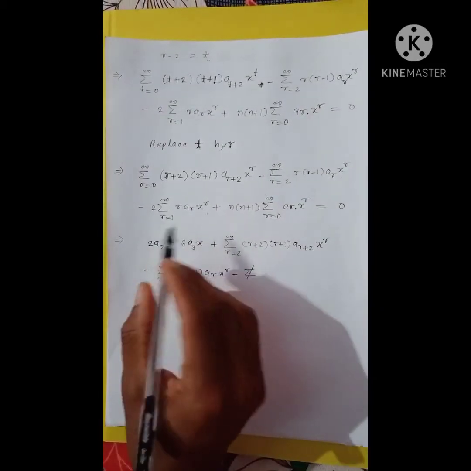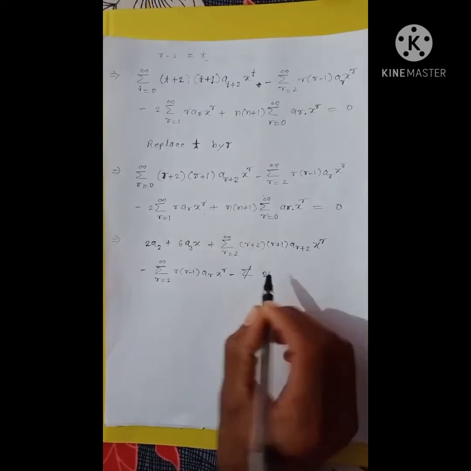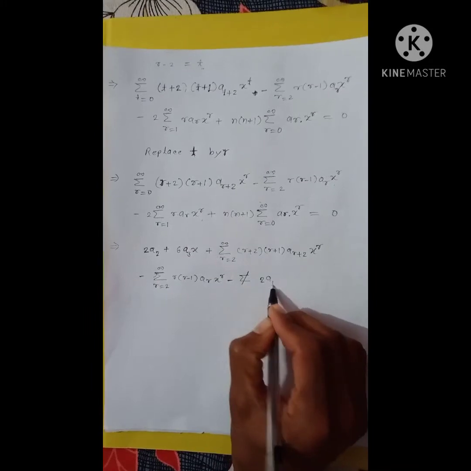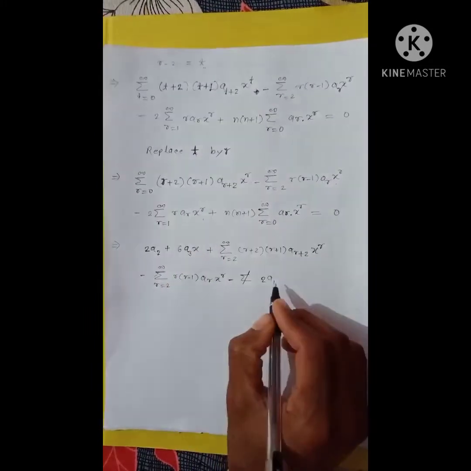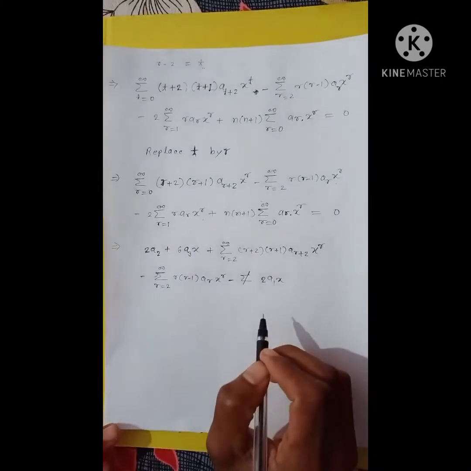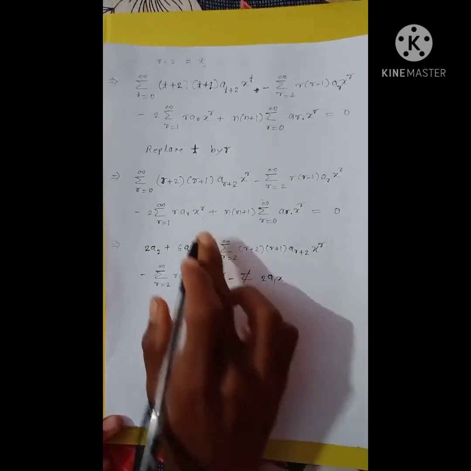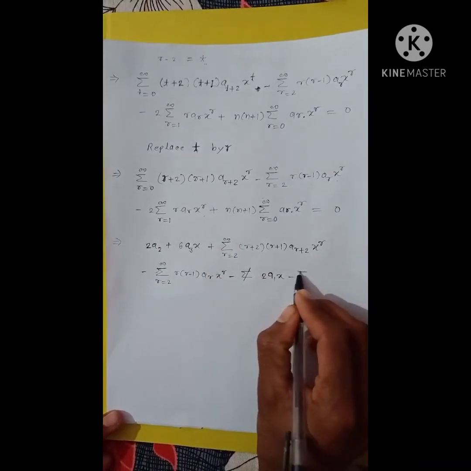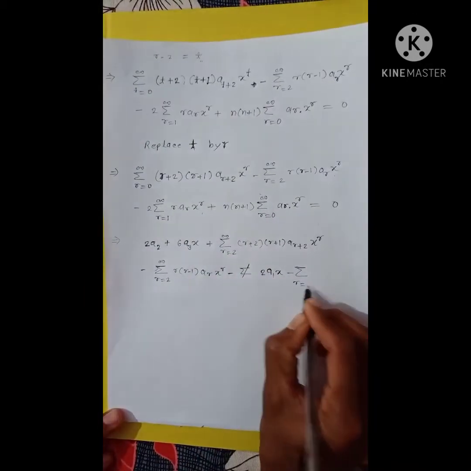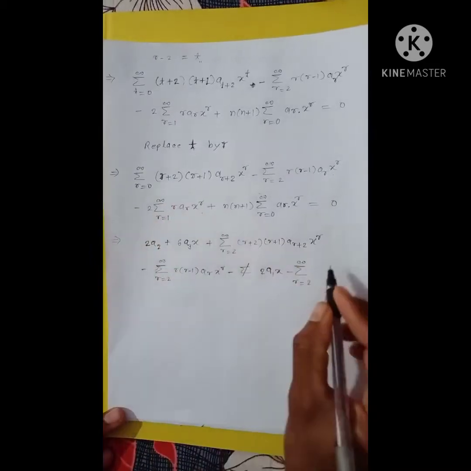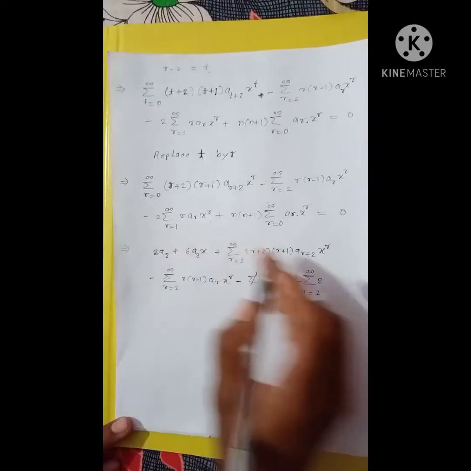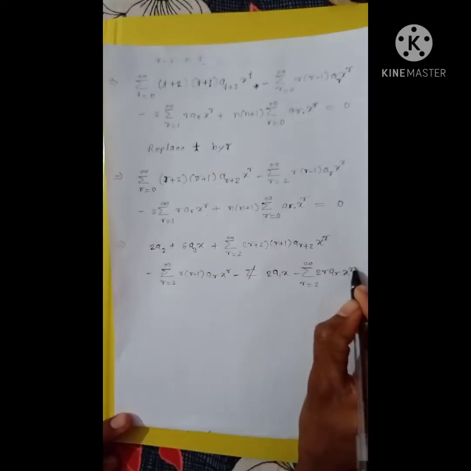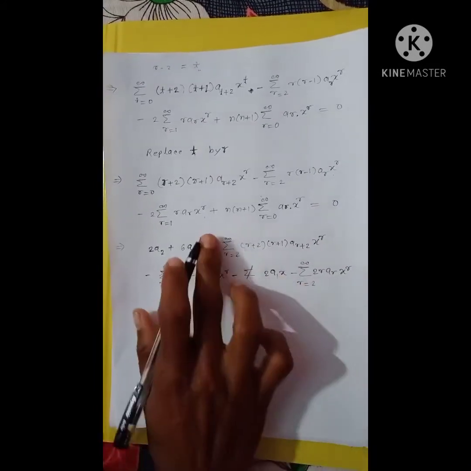When we put r equal to 1, so 2 into 1 into a1 into x to the power 1 becomes x, and plus, minus summation r equal to 2 to infinity 2r ar into x to the power r, and plus